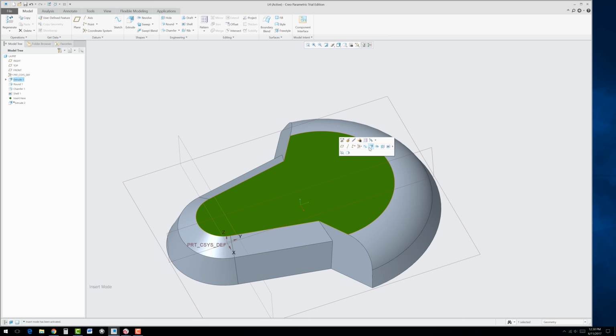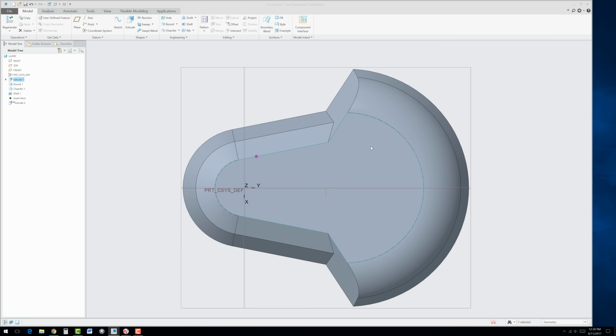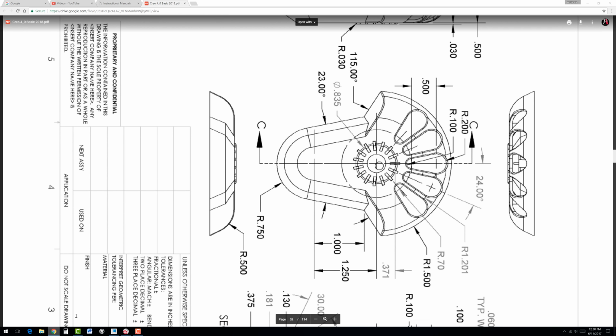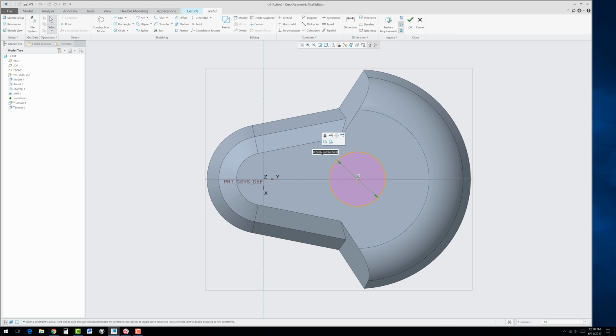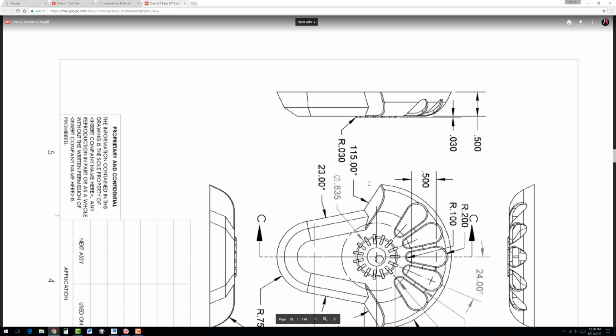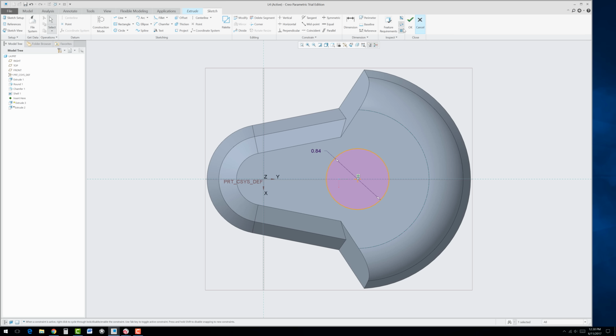We want to go ahead and select this face, and we go to extrude, and now we could go to circle and wake up that center point by moving the pointer to this edge. Now there's our center point. Click and drag out a circle, and let's verify the parameters for that are 0.835. And from there, the height of the extrusion is set to 30 thousandths. So hit OK,